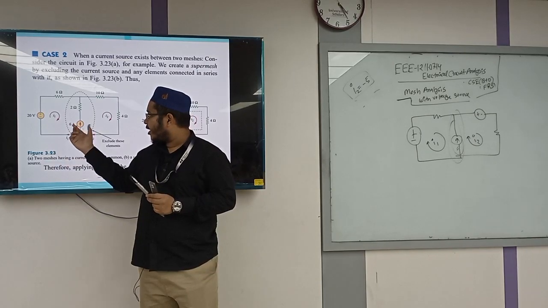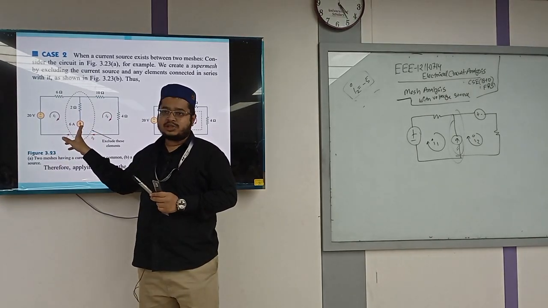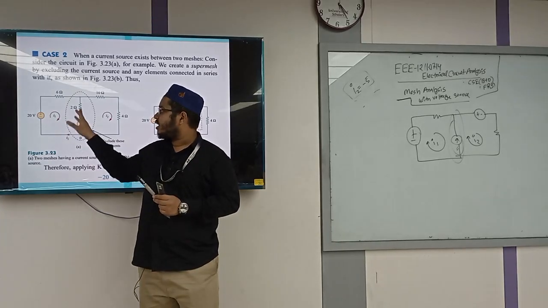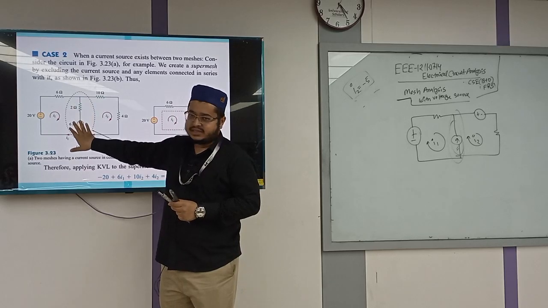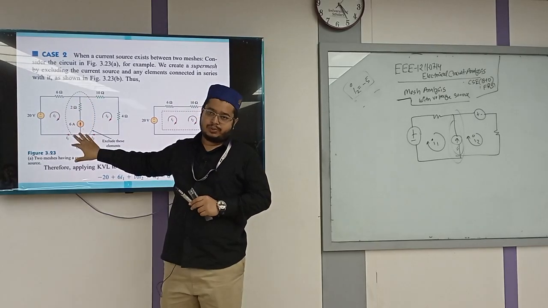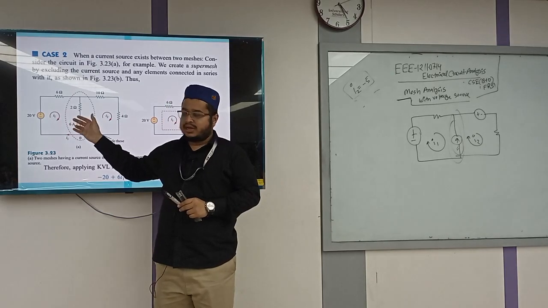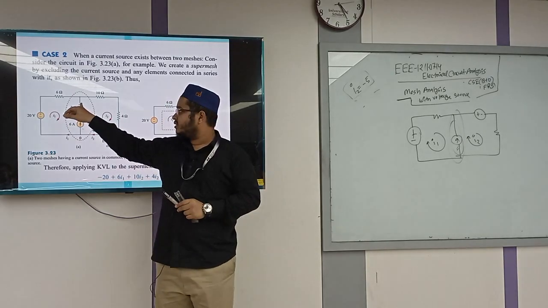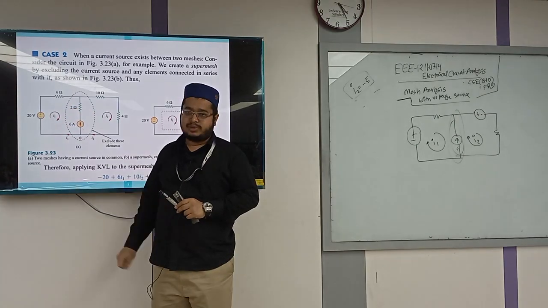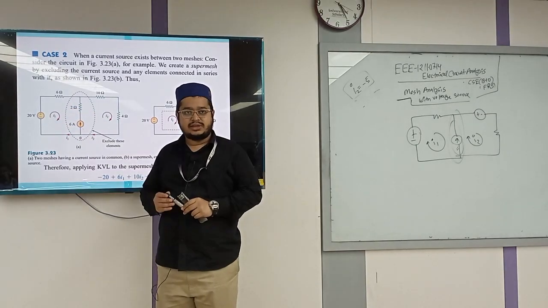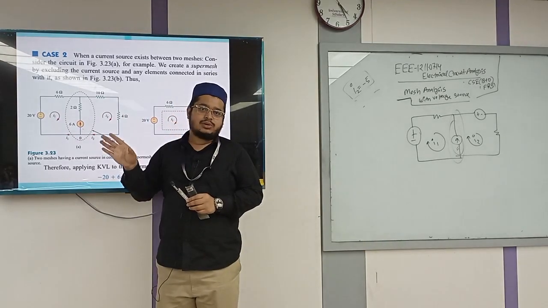এখন আমার এখানে সুপার মেশ ফর্ম করব যখন এই কারেন্ট সোর্স আর এটার সাথে প্যারালাল কোনো একটা রেজিস্টর আসে, তাহলে এই কারেন্ট সোর্স আর ওই রেজিস্টর মিলে সুপার মেশ উৎপন্ন করবে। When a current source is connected between two meshes, current source along with its series element like resistors will form a super mesh. বুঝা গেছে? মানে আগের যে স্থিতি কি ছিল, জাস্ট একটা মেশে ছিল, আমার জন্য ক্যালকুলেশন ইজি হয়ে যাচ্ছে, এখন